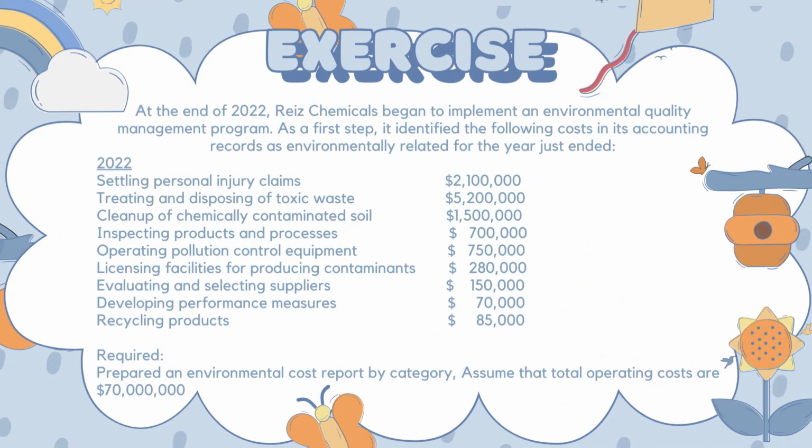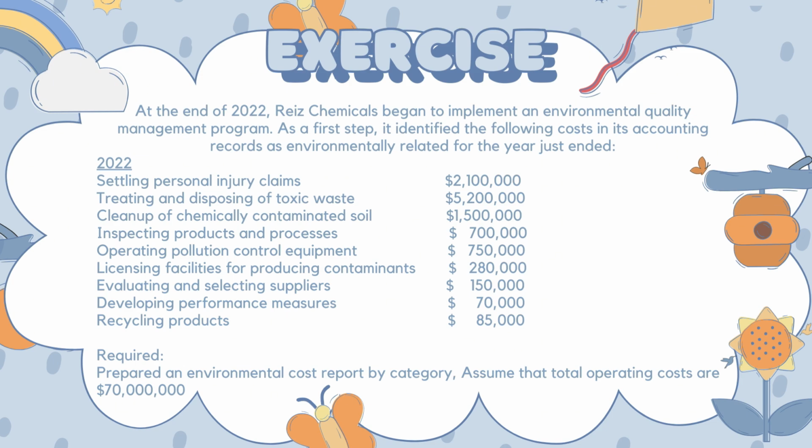At the end of 2022, Rise Chemicals began to implement an environmental quality management program. As a first step, it identified the following costs in its accounting records as environmentally related for the year just ended. In 2022, settling personal injury claims $2,100,000, treating and disposing of toxic waste $5,200,000, cleanup of chemically contaminated soil $1,500,000,